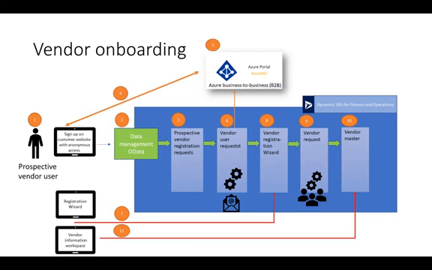A vendor signs up on a website that is hosted by the customer. The website is anonymously accessible. The request is imported into finance and operations. The customer starts the process to create a new user account. The vendor user account will have limited access to finance and operations, which uses Azure Business-to-Business Collaboration, also known as